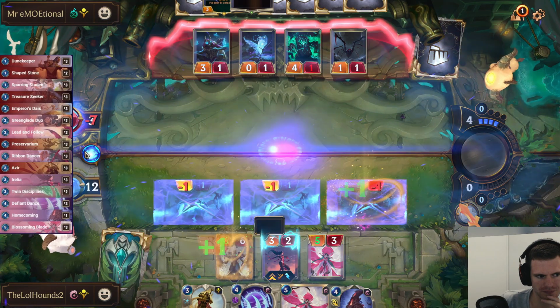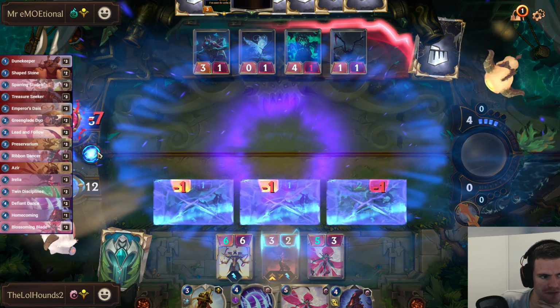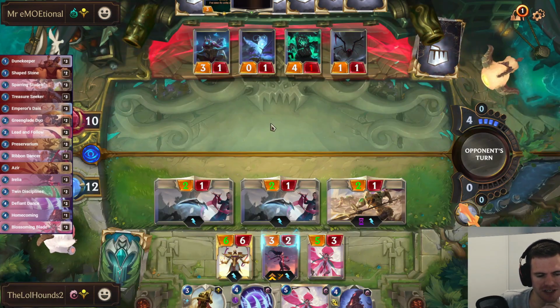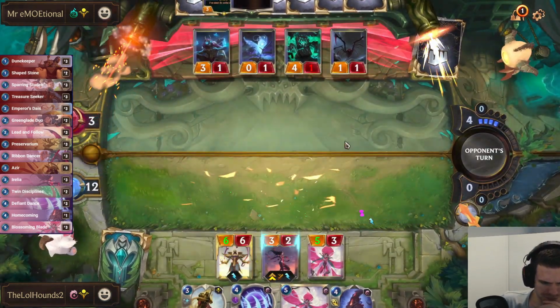Whatever they are, we face them together. He's in a very tough spot. Very tough spot if he doesn't block. Aurelia just doesn't level up here. Now, fortunately, we do have the...